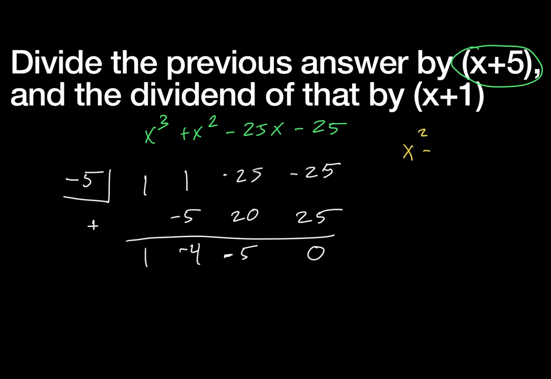Leaving me with the equation x squared minus 4x minus 5. 1x squared minus 4x minus 5. The reason why I didn't write this underneath is because then it says now divide it by x plus 1. So I'm going to